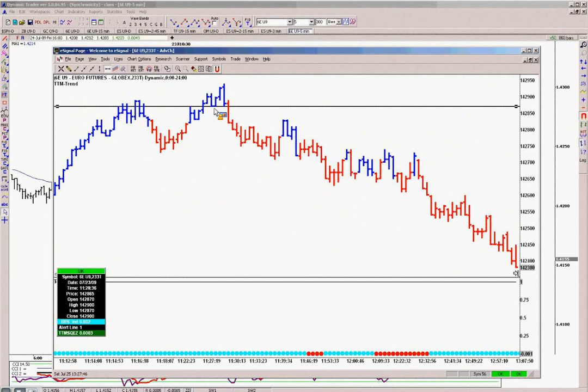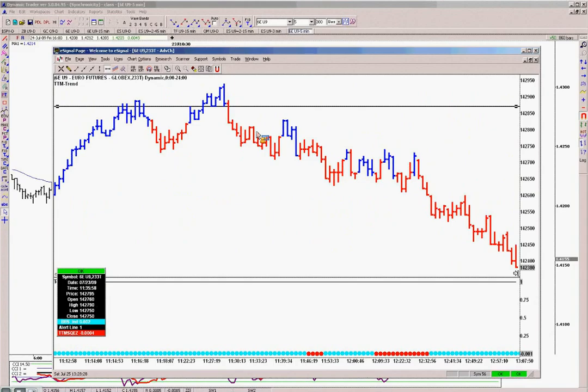And it would have been on a break of this prior low here, which was 142 like 86, so let's say 142.85, and the initial risk would have been just above this swing high, or the top end of that cluster above 03, but the high was made at 142.94, so the stop could have been right at 95 or 96, depends. You want to put it 1 or 2 ticks above, and that would have been your entry. And it never looked back. This was a very, very healthy decline.